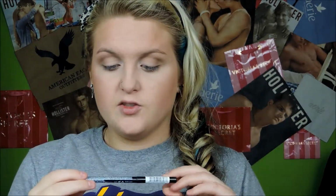I try not to go too close to my inner corner though. I just really, really like eyeshadow on the lower lash line. So that is all I do for the eyes. Exciting, right? I know. Then, like always, I take my NYX Retractable Eyeliner in black,